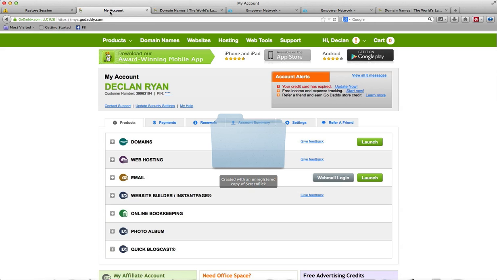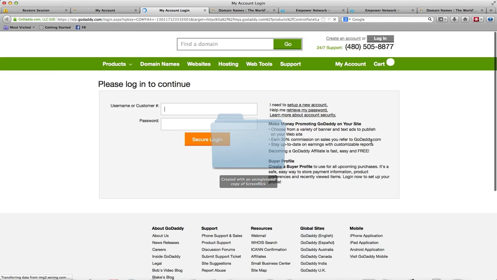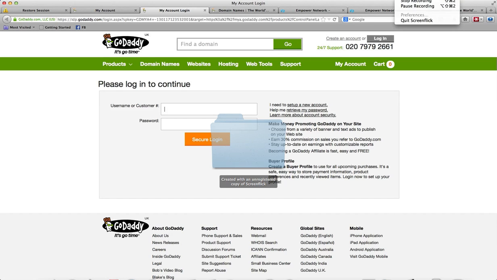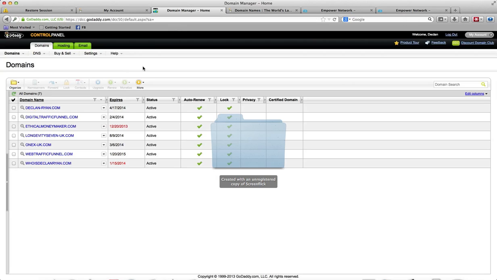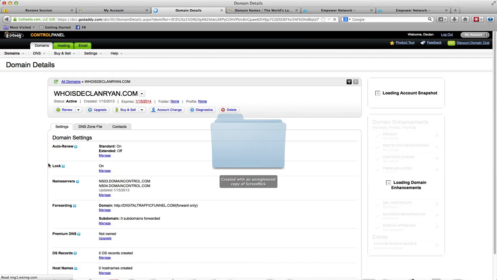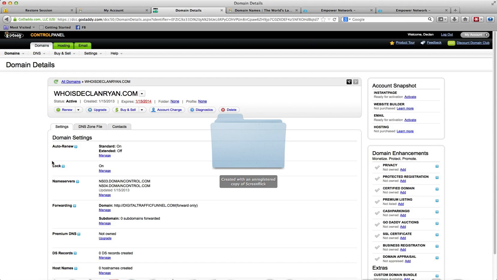So you get over to your account here at GoDaddy, and then you click on Launch. That will launch all the various different domains that you have with GoDaddy. Okay, and of course that would happen, wouldn't it? You go to the domain that you're looking to use, and in this case it'll be this one here. So go straight down here, you click on there. Let's see if you need to double click. There you go. And once you're inside here, then you switch over to looking for the